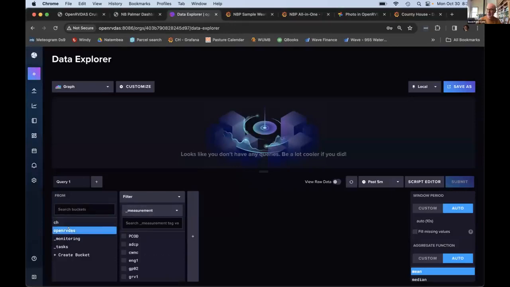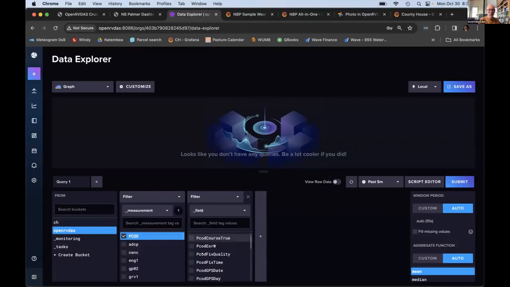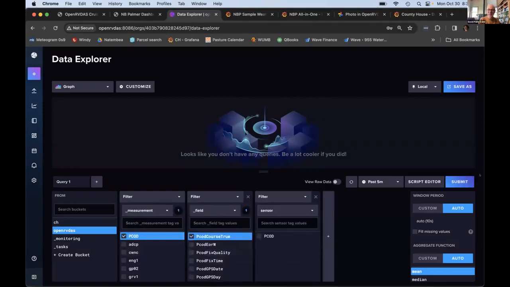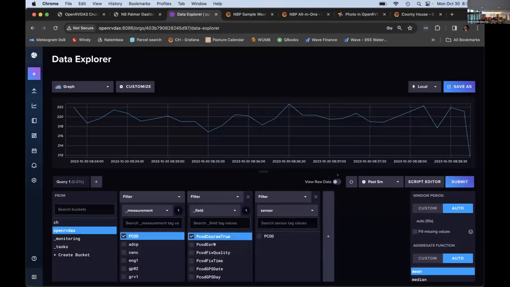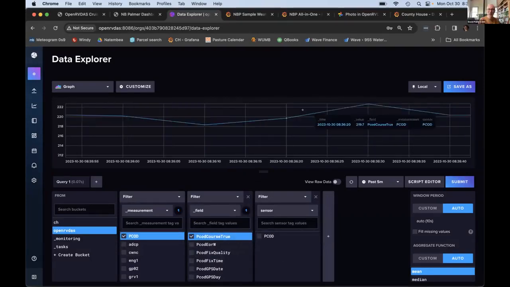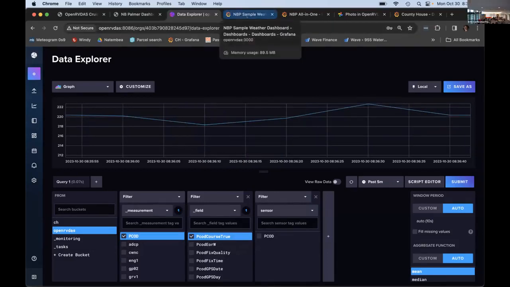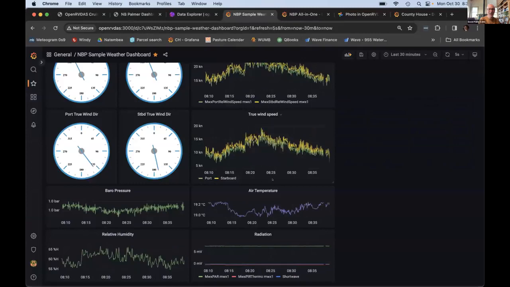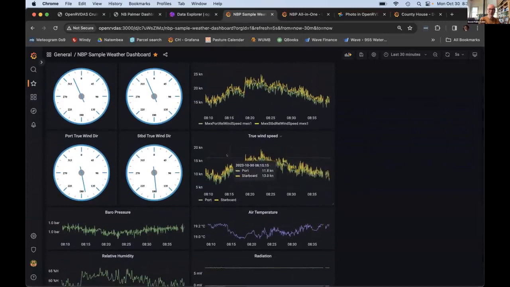So this is the Influx data explorer. We can just generate graphs as we want here. We can zoom in on them, etc. And going into Influx in detail is way beyond the scope of this background, but Influx is a real-time time series database. And using Influx, you can build dashboards like this that get displayed by Grafana, which give you all sorts of lovely